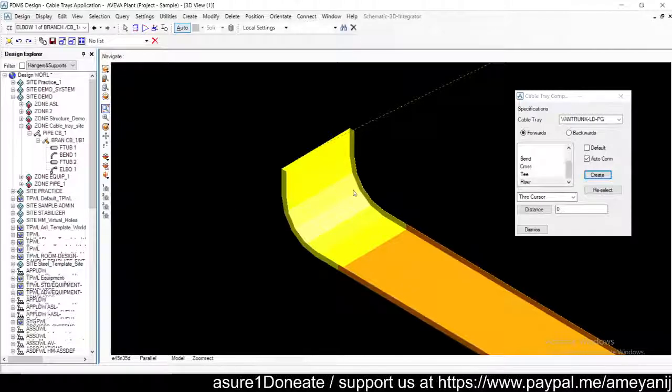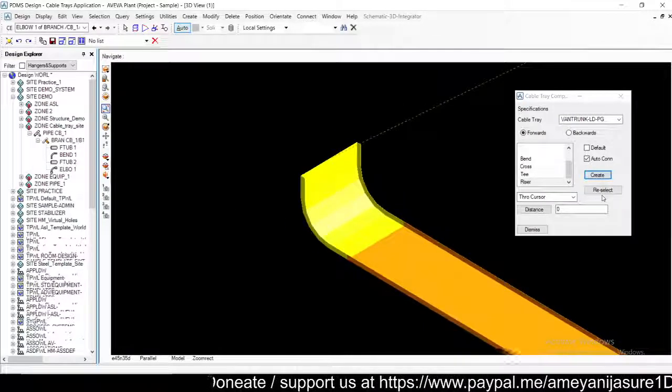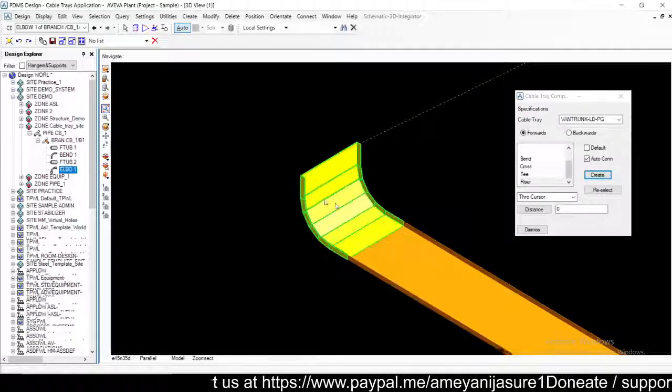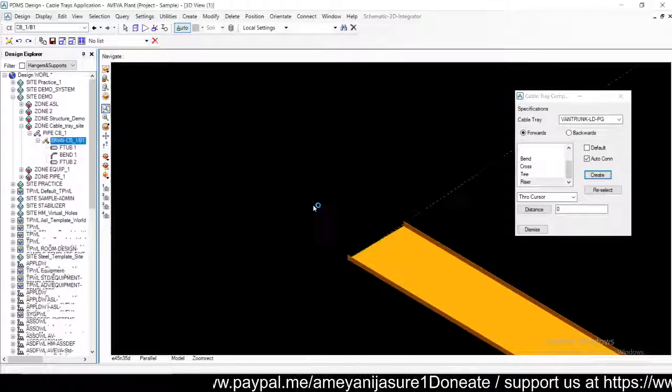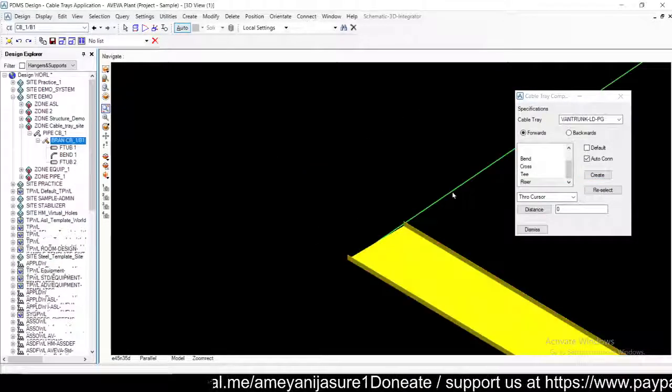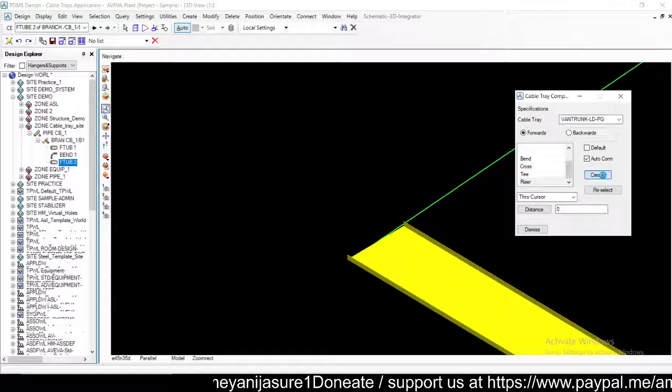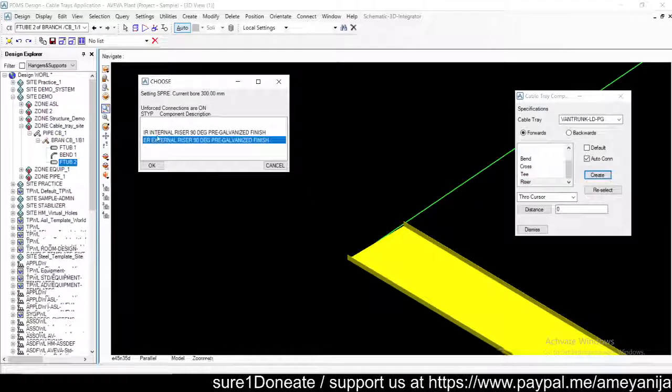Similarly, let us try the other one. I will just delete this. We will try a riser again and go with the external one. What it will do is the cables, on the opening side of the cable tray, will go on the outer side, that is external.